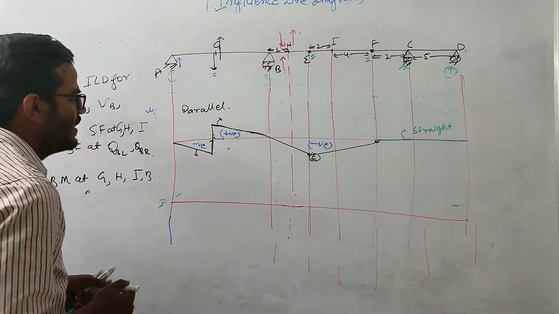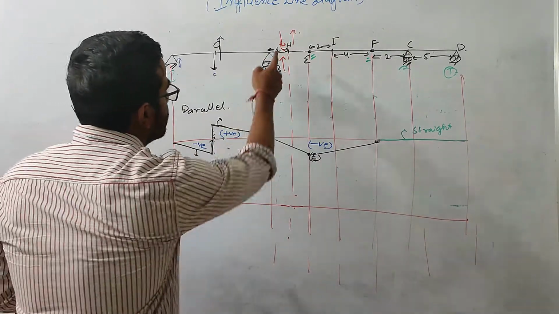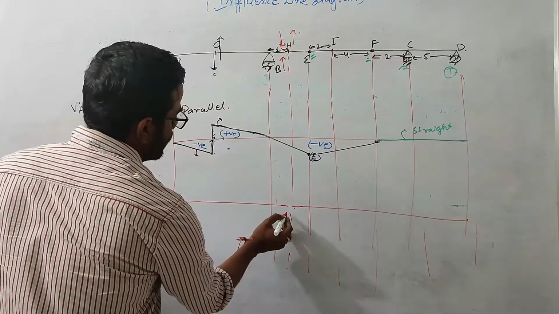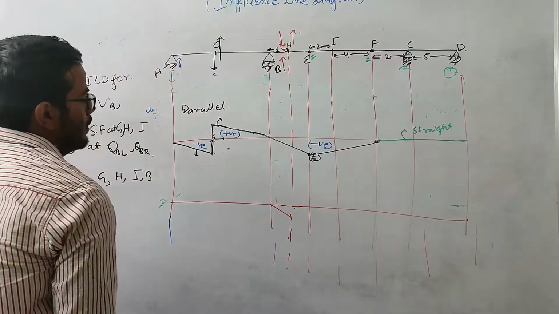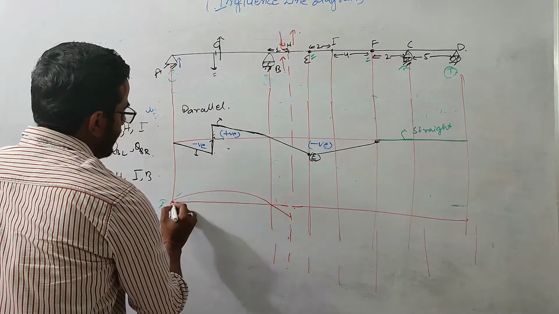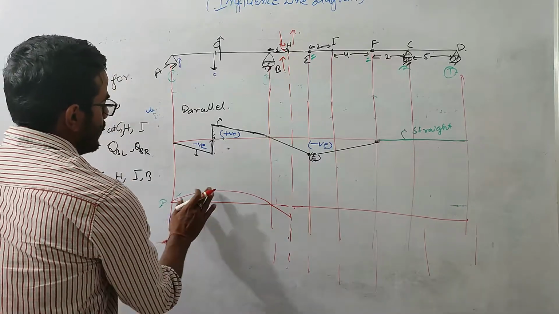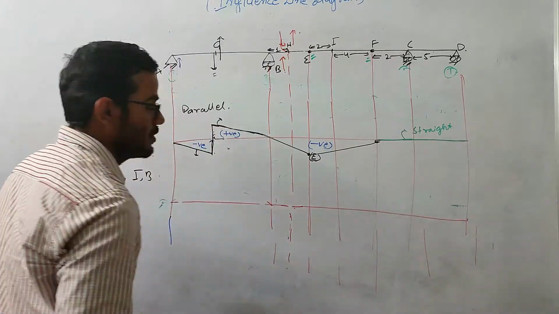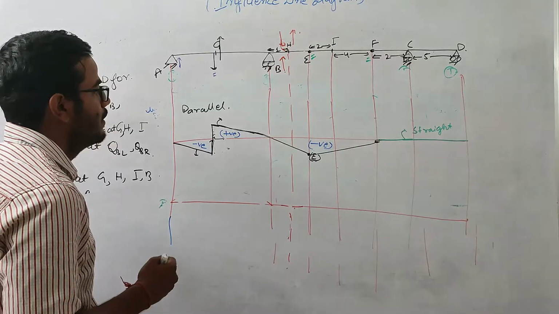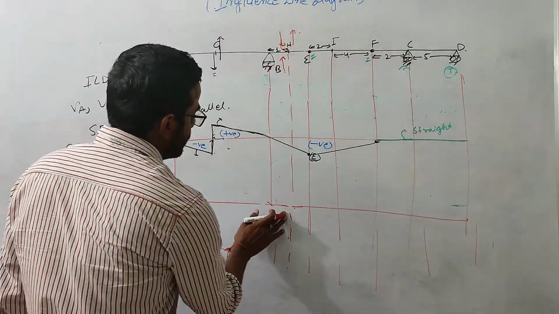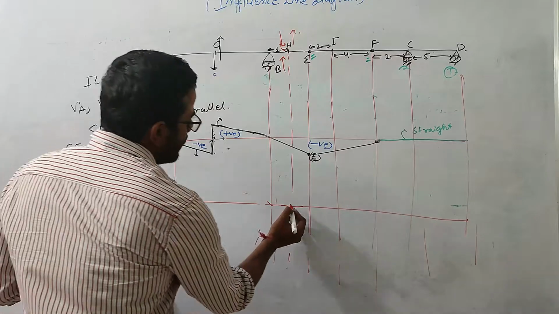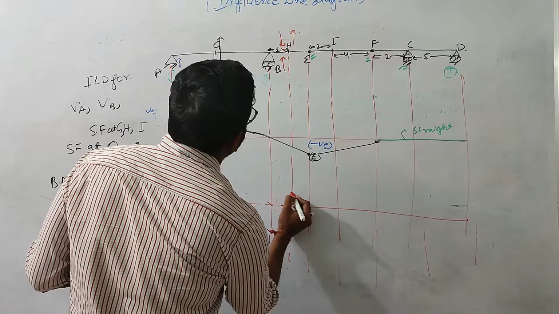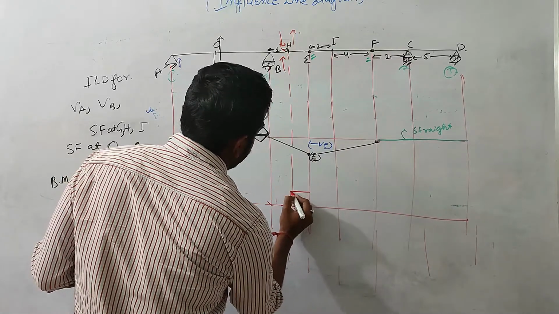Now you can see that if I am deflecting this along this shear, if I give this shear deformation along this portion, to maintain the boundary condition there would be some bending. But this won't happen because this is an unstable structure. For unstable structures, the deflection diagram will be straight only. So this case won't happen. So when I'm cutting this portion at H, I need to give the unit deformation along this shear force.